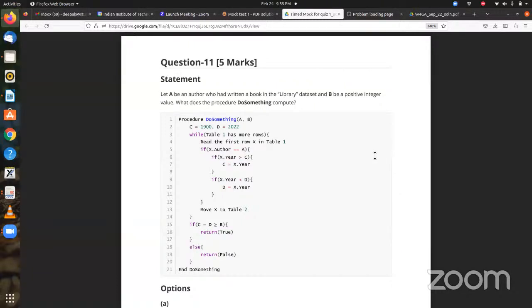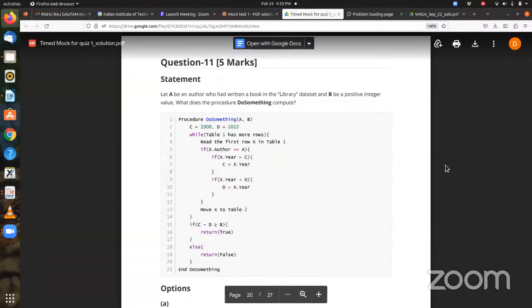मैम अगर मैं इसको इस तरह से समझूं कि लाइब्रेरी में मैं असयूम कर लेते हैं पहला बुक उठाता हूं और वो बुक है प्रेमचंद की, और वो प्रेमचंद ऑथर है, वो मान लेते हैं A के इक्वल है, कि प्रेमचंद जो है वो ऑथर का नाम है। फिर उसके बाद लाइन नंबर 6 में वो जाएगा, फिर देखेगा कि प्रेमचंद की बुक कौन से ईयर में पब्लिश हुई, तो 1980 में पब्लिश हुई, तो 1980 को C में स्टोर कर देगा, मतलब 1900 अब हटा देगा, उसकी जगह 1980 स्टोर कर लेगा।